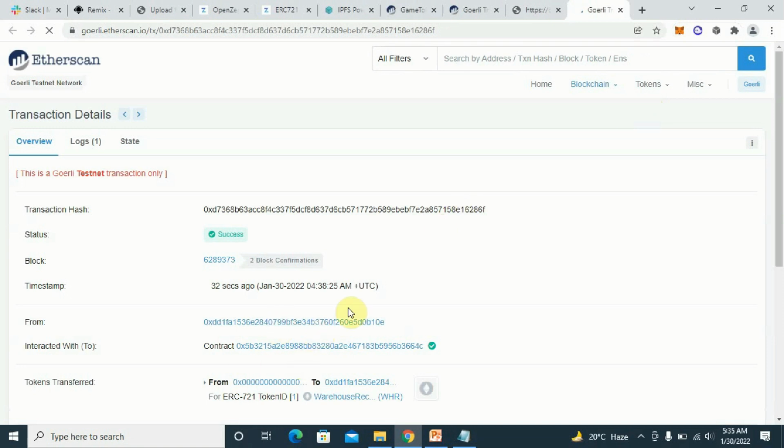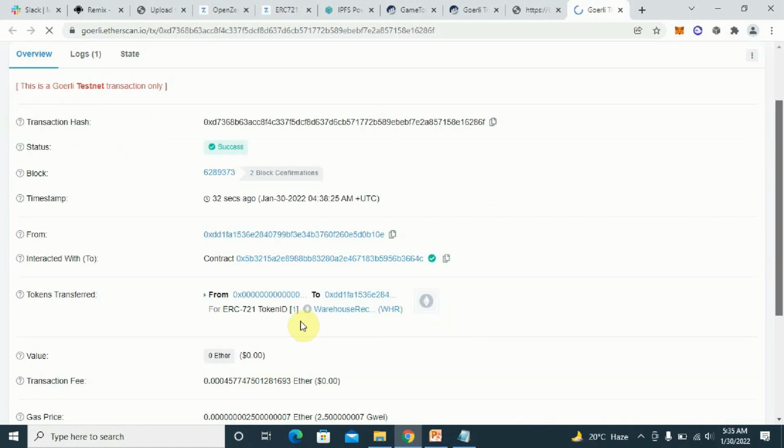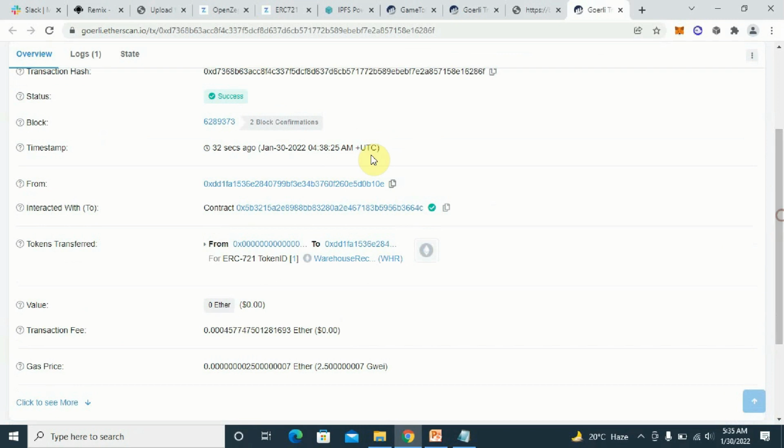Good, so that is successful, and you can see details of this. So the token ID now is 1, and it's warehouse receipt, and this is the symbol WHR. Now, if you go back to your Remix IDE,